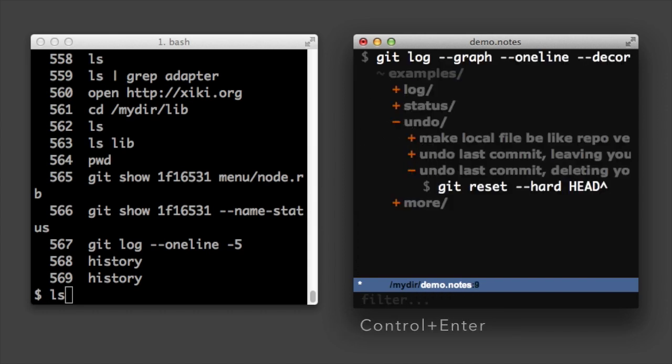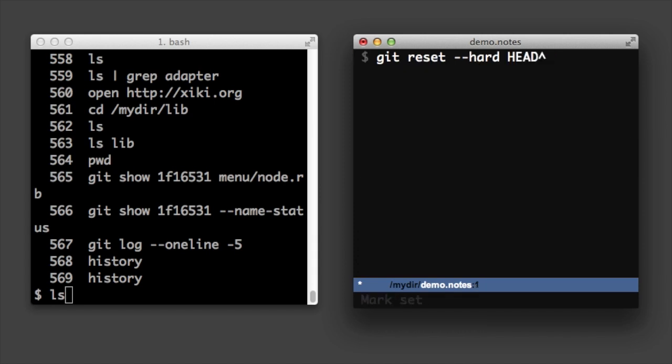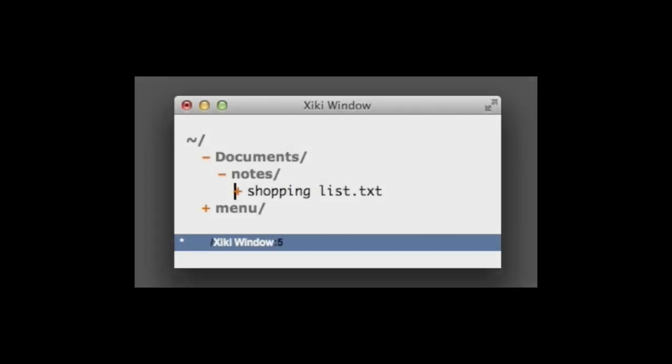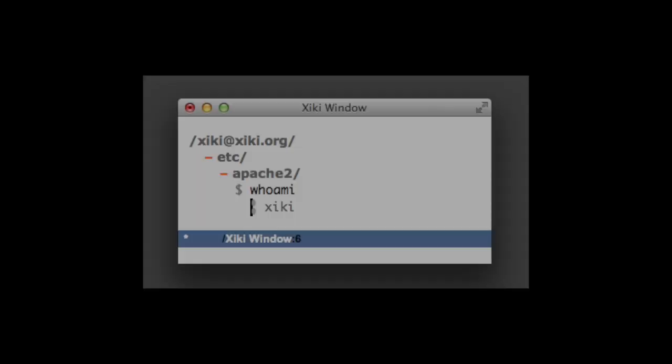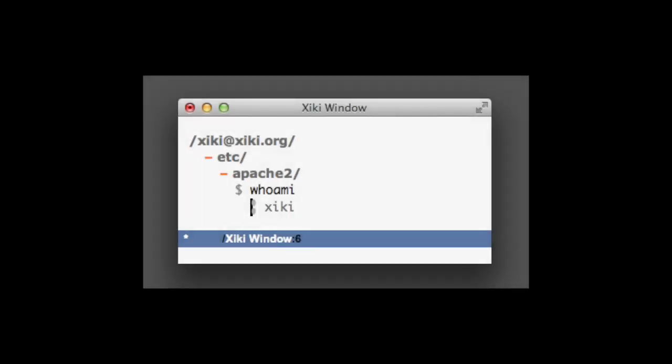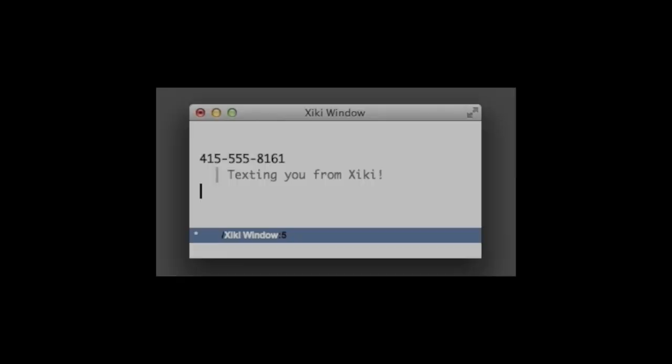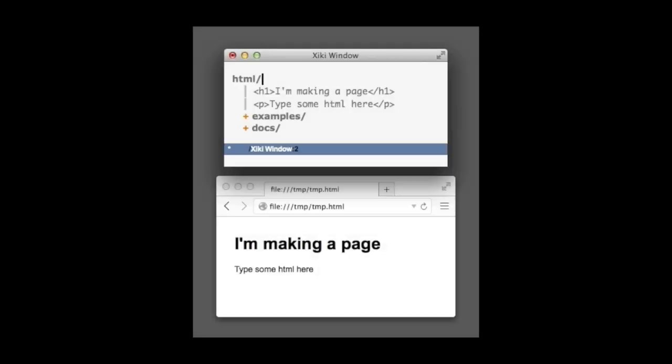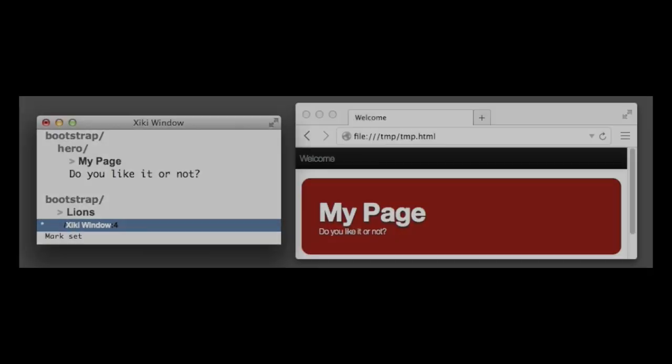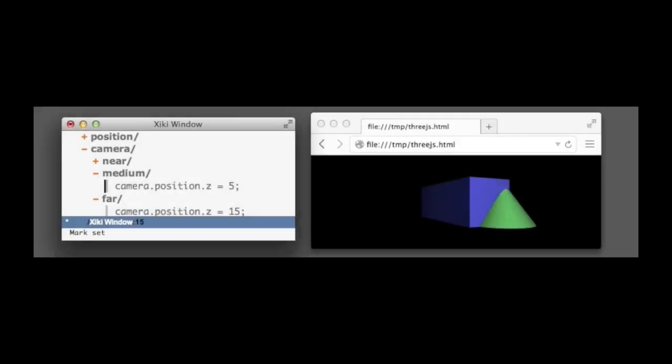But Xiki does way more than just run shell commands. See the main Kickstarter video for how Xiki can also navigate file and directory paths, run commands underneath directories, navigate files and run commands on remote servers, search files, respond to the mouse, interact with the web browser, send tweets, texts, and emails, try out HTML and CSS, make bootstrap layouts, get up and running with libraries like Three.js,